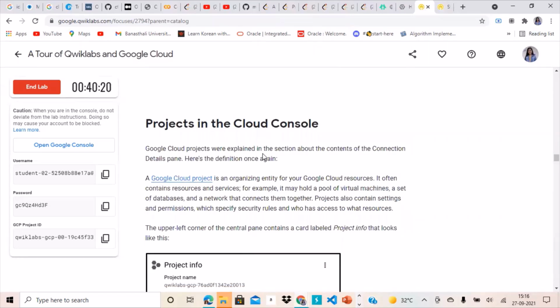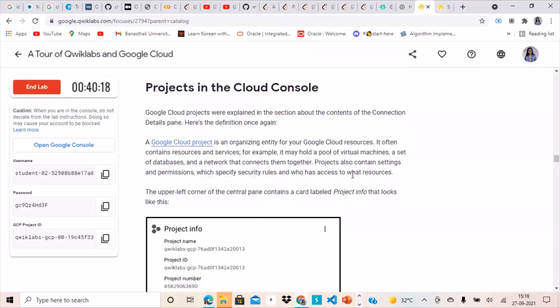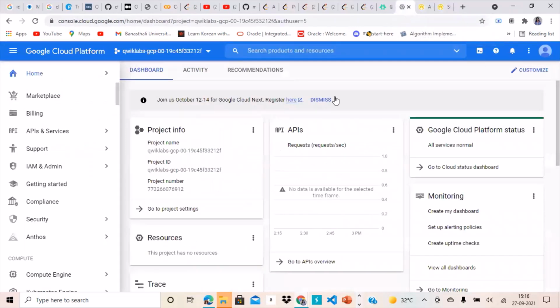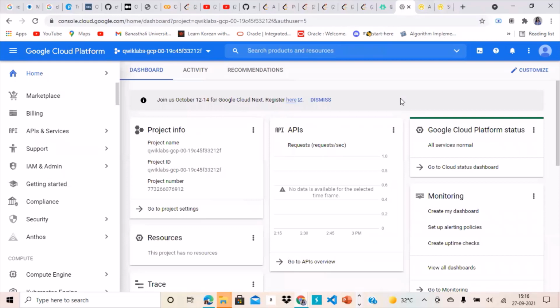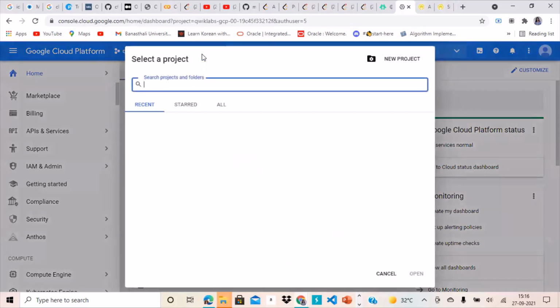The next thing comes is projects in the cloud console. So where can you go back to the Google Cloud platform, and where can we find the projects? Take it similar to any other platform where you create your projects, right? You create projects in Android Studio, you create projects in Firebase. So here also you can create your own project according to the services that you are using to perform anything on the GCP.